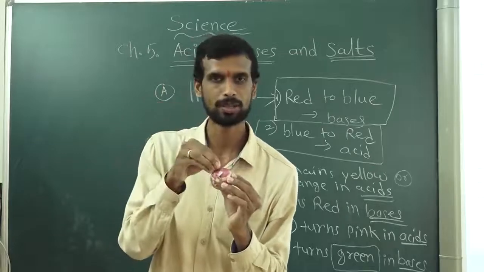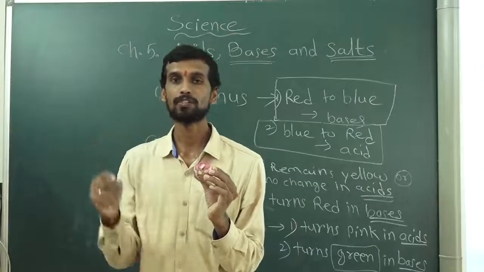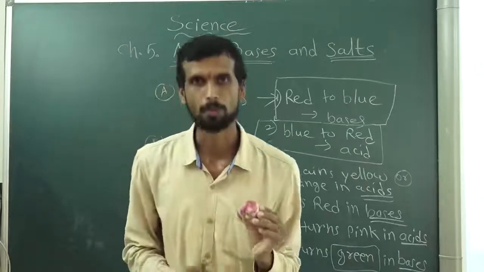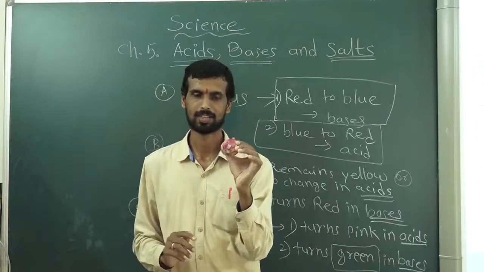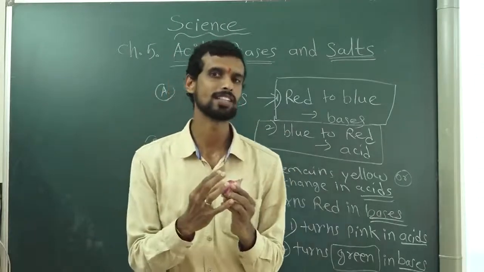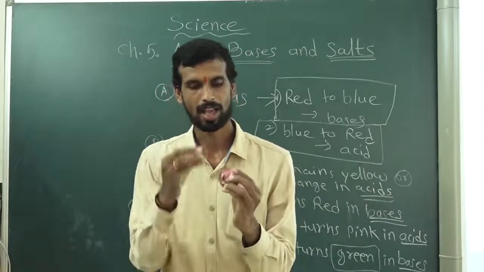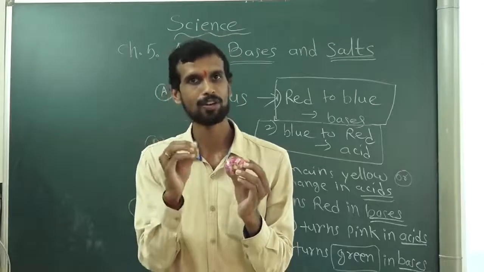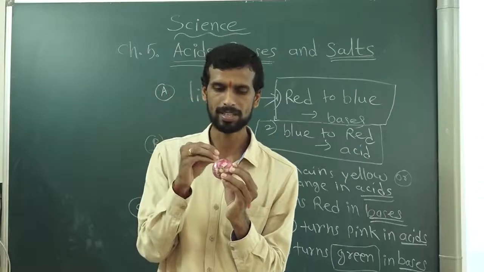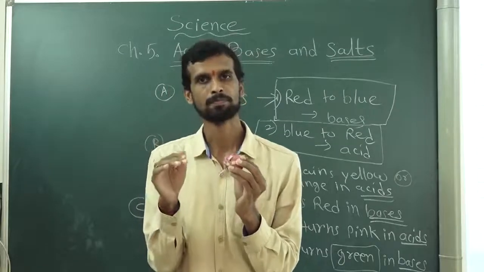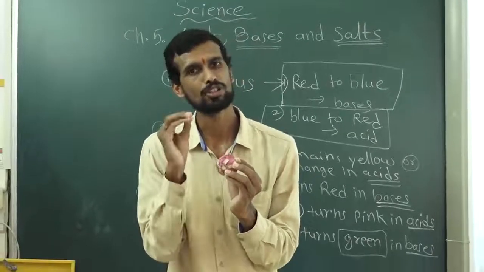If you put acids on them, the smell will continue. If you put base, the smell will stop. Why does the smell stop? Because onion contains acid in it. If you put base, there will be a neutralization reaction and a neutral substance will form. The typical smell of onion is due to the acidic substance present in it. And if you put base, there is no more acidic nature for onion and the smell stops.